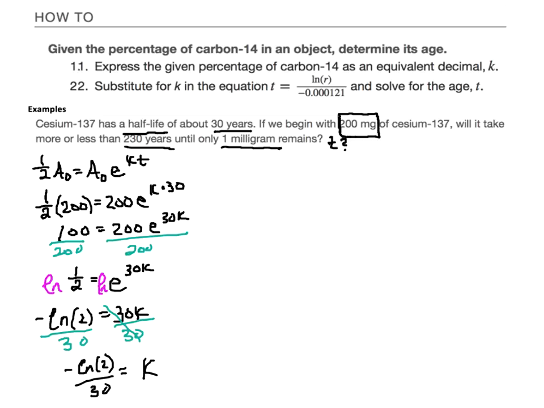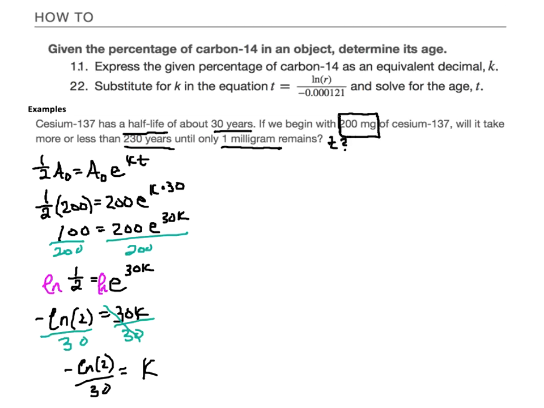So you can see every time we're dealing with half-life, your constant k will always be the negative ln of 2 divided by the known half-life. So if you're given the half-life, you can go straight to your constant k. So now we want to figure out, well,